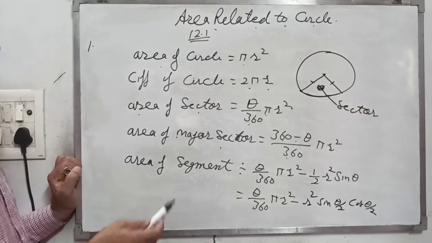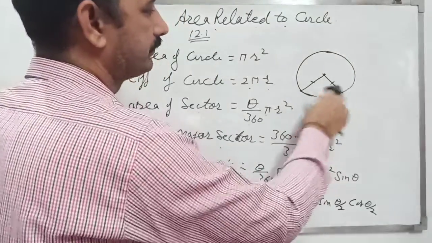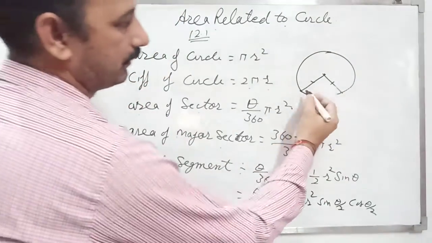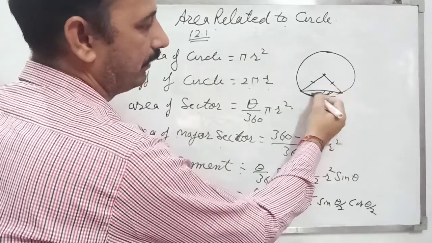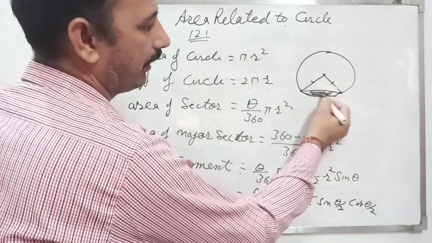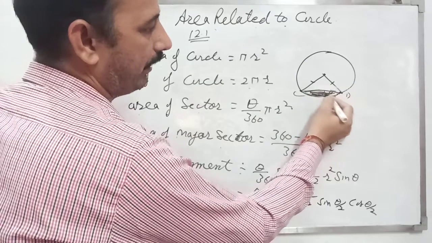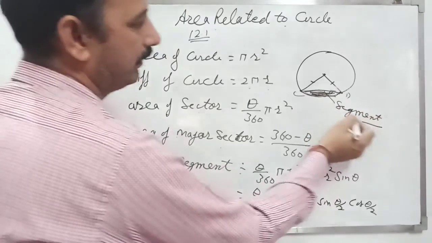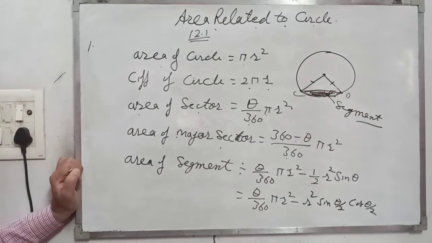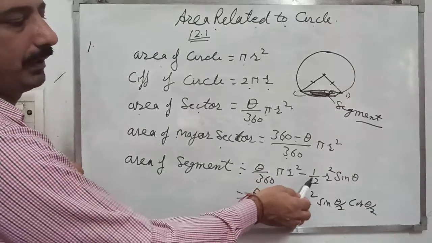Now the area of segment. So there is the segment, the area under the chord and its arc. CD is the chord, and that area between the chord and the arc is called the area of segment. That is area of segment: theta upon 360 pi r square minus 1 upon